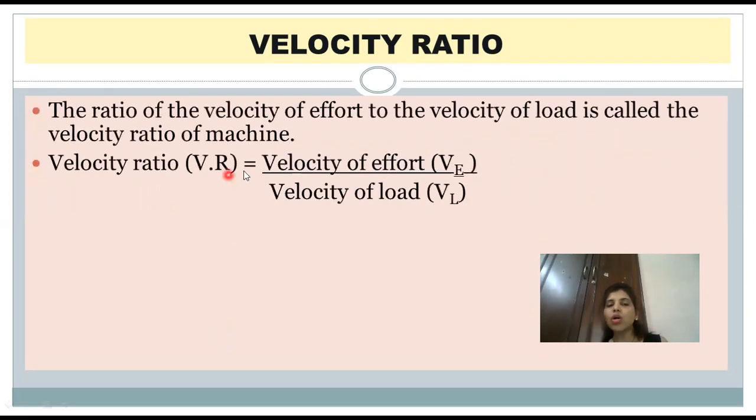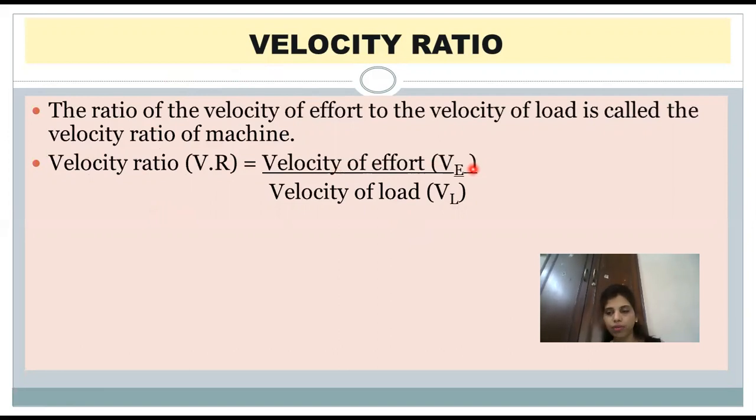The ratio of the velocity of effort to the velocity of load, that is, with what speed the load and the effort are moving, the ratio of the velocity of effort and the velocity of load is known as the velocity ratio. Now children, when you are writing velocity ratio, please make a note that velocity of effort is in the numerator, because when you are writing mechanical advantage, load is in the numerator and effort is in the denominator. So MA is L upon E,